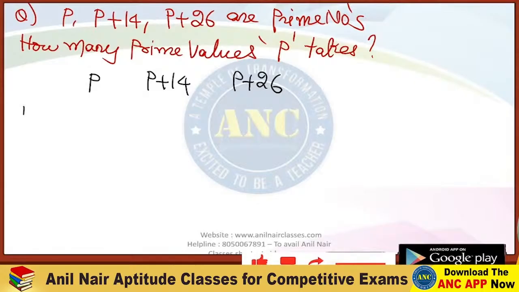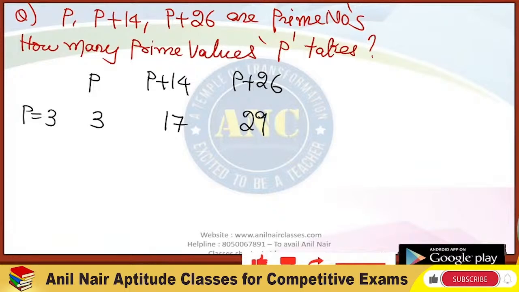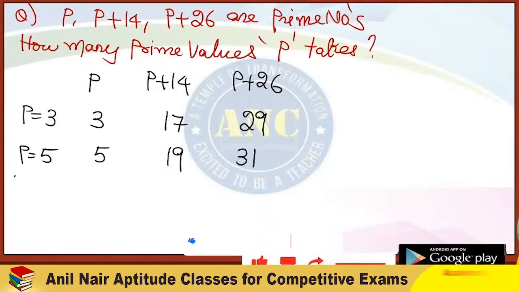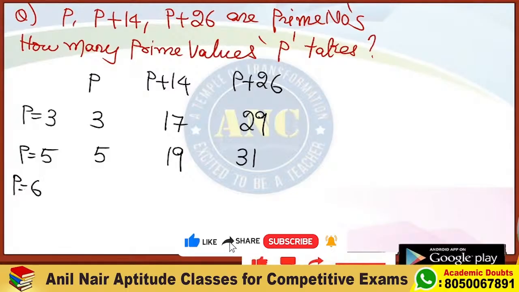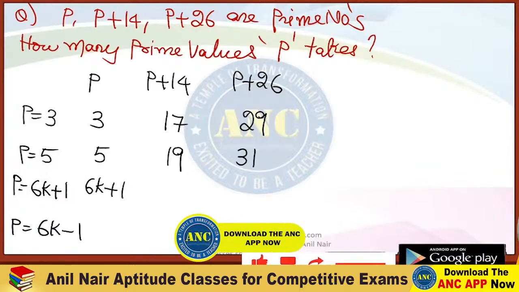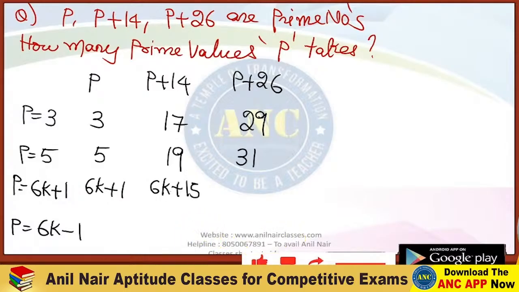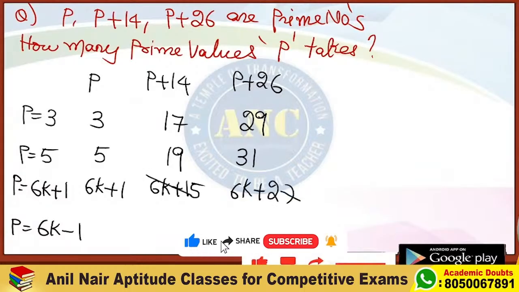The lowest prime number is P equals 3: 3 plus 14 is 17, and 26 plus 3 is 29. The next prime number is 5: 5 plus 14 is 19, and 5 plus 26 is 31. For a prime number greater than 5, one is 6k plus 1, another is 6k minus 1. If I take 6k plus 1, then plus 14 is 6k plus 15, and plus 26 is 6k plus 27. These are divisible by 3. Now 6k minus 1: P plus 14 is 6k plus 13,